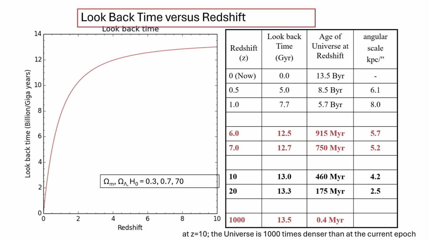Okay, so just to give some of the numbers, this is one of my undergraduate lectures. So this is just simply redshift versus look-back time, and then a bit of a table. So I've got different redshifts here. This is the look-back time. Here I've got, actually this is recombination, which is what the previous speaker was talking about. But basically I'm going to talk mainly about up here, about 400 million years after the Big Bang, and I'm going to talk about now.